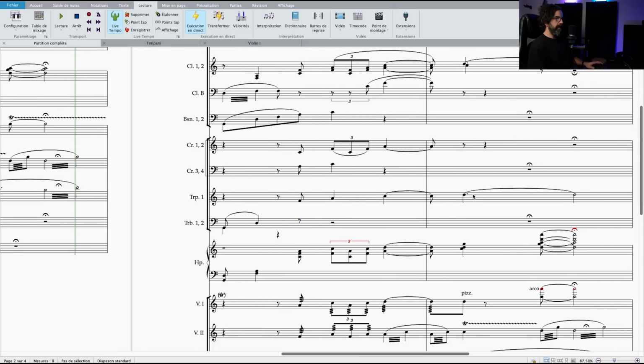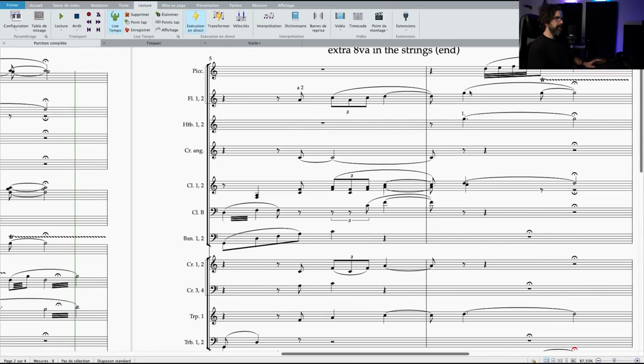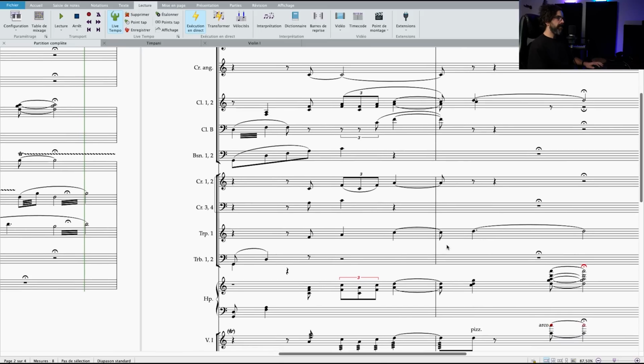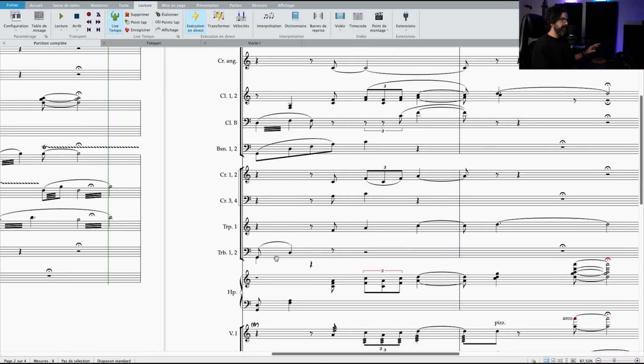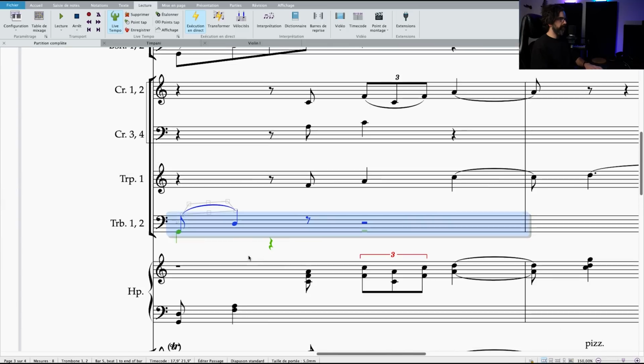The trumpet is doing one of the highest lines. It's not actually the highest one, but almost. It's okay to use brasses for soft effects. They can play soft really well. And the fact that I'm using the trombones here in this register, which is very comfortable for them, they can